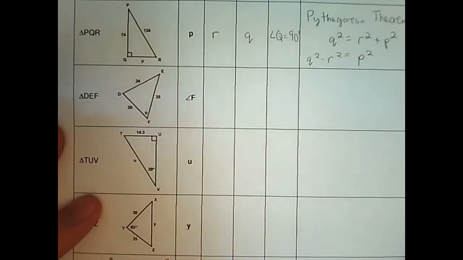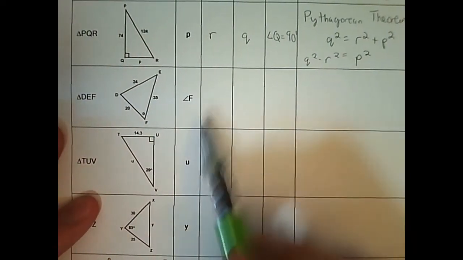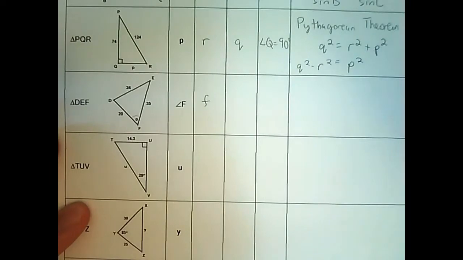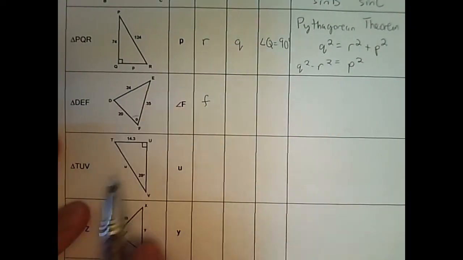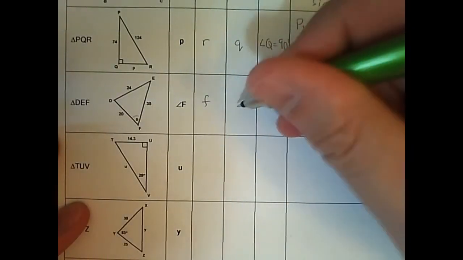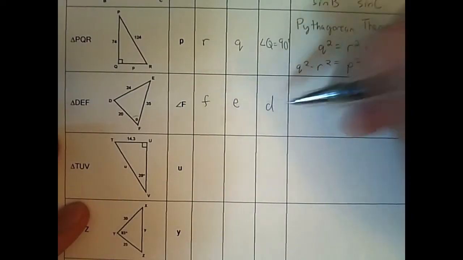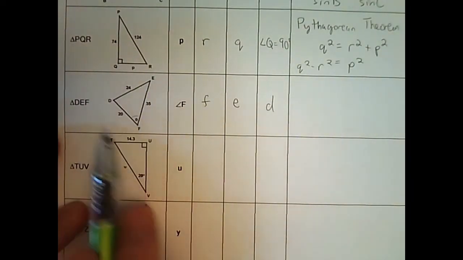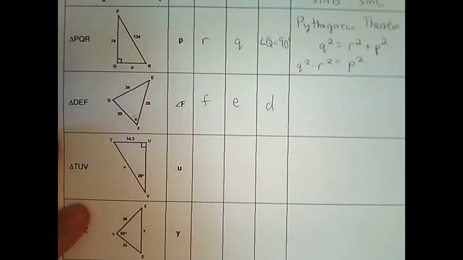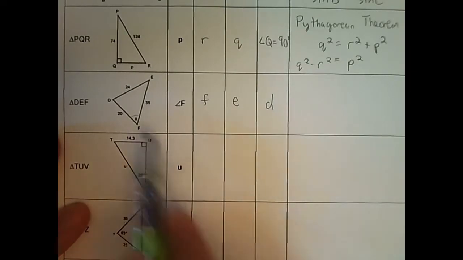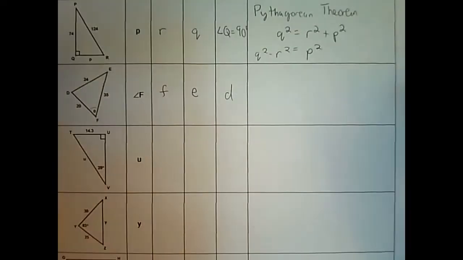All right, for the next one, we have triangle DEF. We're trying to find angle F here, this one. We have side F, that's opposite. We have side E, and we have side D. And I don't see any 90-degree angles anywhere. There's no little box to indicate we have a 90-degree angle. So I have 3 sides, and I want to find an angle. That means I'm going to be using